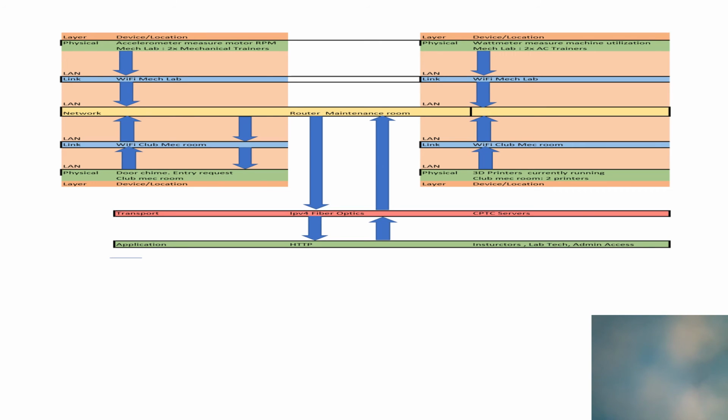This scenario was a lab setup where we were told to connect to measure how fast the RPMs on a mechanical trainer. There's two of them in a lab. The other side wanted to measure duration of which AC trainers are being used in the lab. We also wanted to see if the 3D printers are open or being used at that time, and we also wanted to be able to talk to someone who's at the door of the lab itself, so you can allow